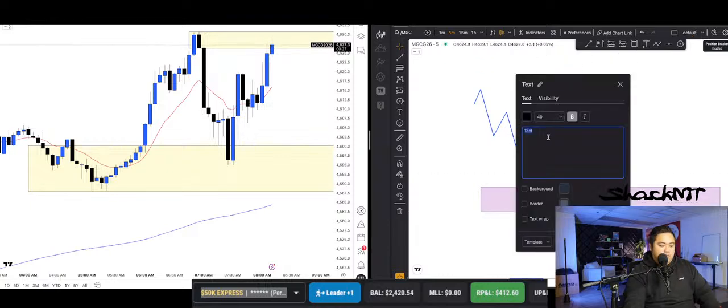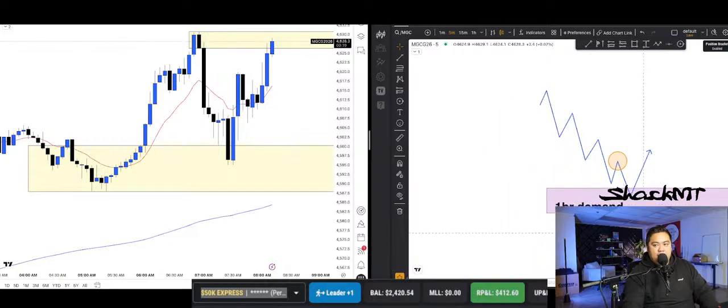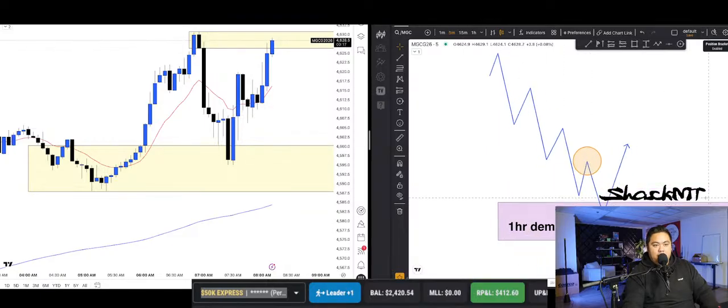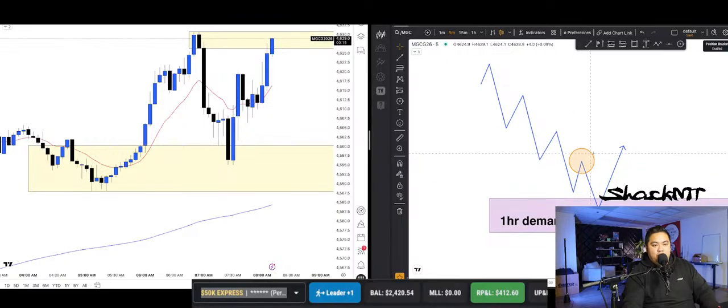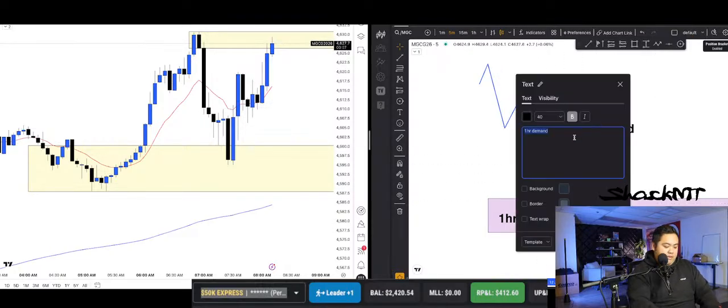1 hour demand. So that's the first thing that has to happen. Price has to be in a 1 hour demand. And then we need to see a break of structure or a change of character. There's so many names for things. I don't really care whatever it's called, but I called it break of structure